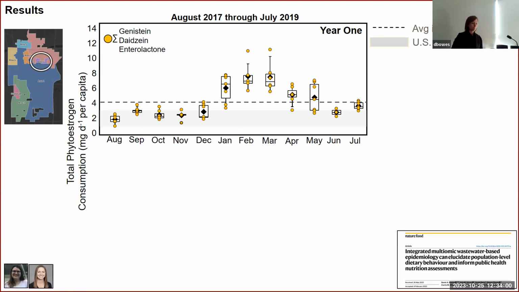So I looked at this and looked at my colleagues who helped me on this study, an undergraduate and research scientist, and we looked at each other and we thought, what's happening here? We see this huge increase from December to January that lingered a little bit through February and March, and then very quickly tapered off for the rest of this first year, August through July.